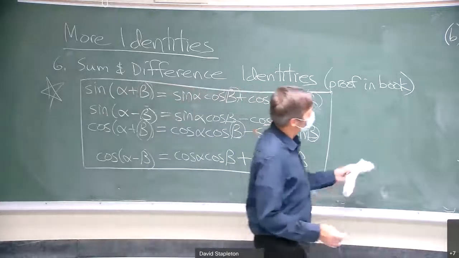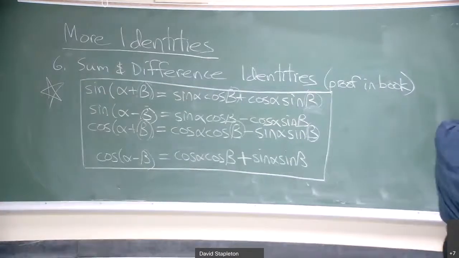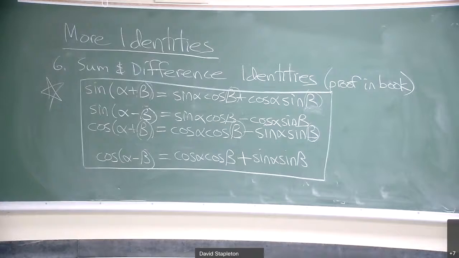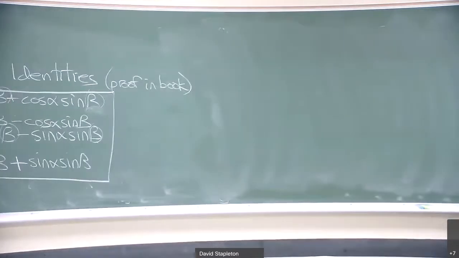So we're almost done with sum and difference identities, but not quite. These can be used to simplify trig expressions, prove and verify identities, and one more thing, they can calculate now exactly trig functions of some new angles. So I want to use those to do that first, and then we'll go back to simplifying and proving. Not sure if I have time to do that today even, but